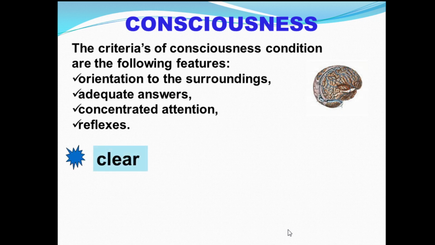And depending on these criteria, we distinguish two main types of consciousness, clear and deranged. We are talking about clear consciousness if the patient answers our questions quickly and correctly. If there are any disorders, the patient will answer later. His answer is not completely correct, sometimes incorrect. We are talking about deranged consciousness,